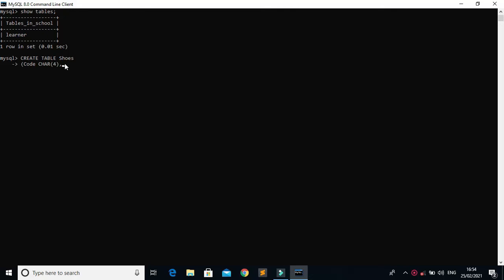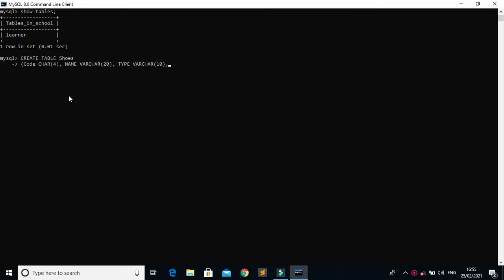Now give the comma and give the next column name, that is name, and the data type will be varchar, variable character, and the size will be 20. You can give according to you. Then the next is type and the data type is varchar and the size will be 10.